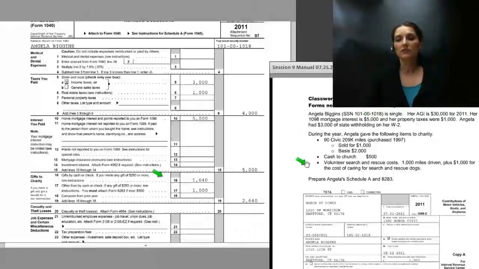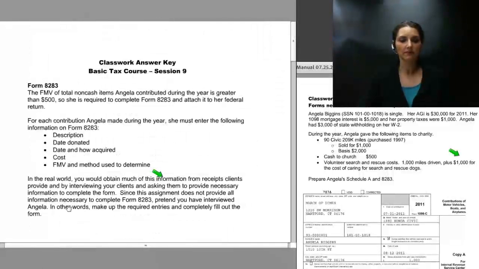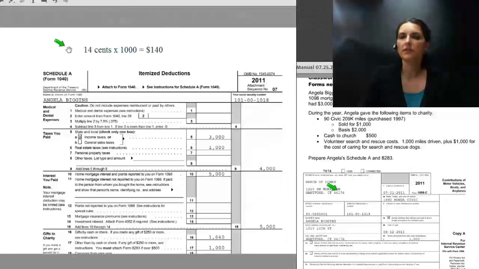And the volunteer costs associated with search and rescue were 1,000 miles driven, plus $1,000 for the cost of caring for those search and rescue dogs. How do we figure that deduction? Well, we're going to take a standard mileage rate for charitable miles driven. So the allowed deduction that you can claim for volunteer expenses for use of your car is 14 cents a mile. It's a pretty small number compared to what you get for medical, moving, and you will see later for business mileage. For charity, you are allowed 14 cents a mile, so we're going to take 14 cents times 1,000. That's